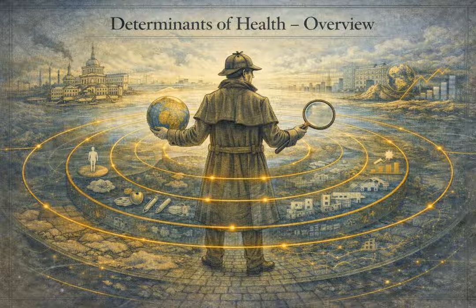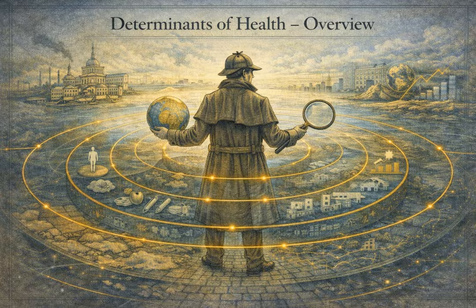Case 3 forces us to look at the intersection of economics and environmental toxicity. We are looking at extraction economies. This is a classic, tragic battle between rapid wealth generation and environmental health. Developing nations often rely heavily on resource extraction, mining precious metals like gold, for instance, to fuel their economic growth. It brings a rapid influx of capital.